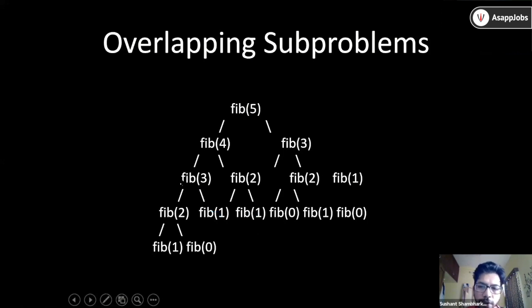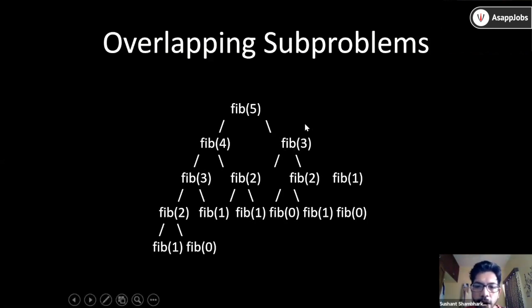What I want to focus on here is, you can see that fib3 is appearing twice in the tree. So fib5 has two children, fib4 and fib3. Same as fib4 has two children, fib3 and fib2. So this fib3, if it is already calculated in fib4, do you actually need to traverse this whole tree, fib3, on the right side? We actually don't need. We can just cache the intermediate result through some caching mechanism. This is what is called overlapping subproblems.